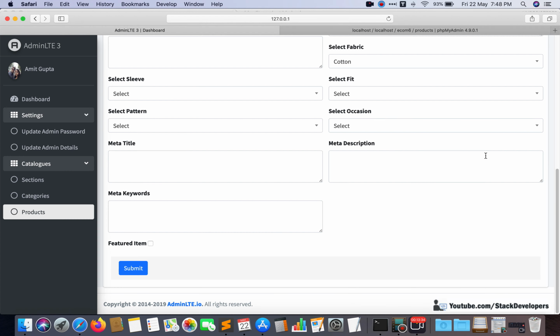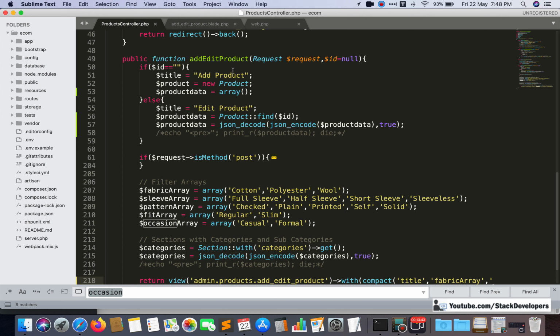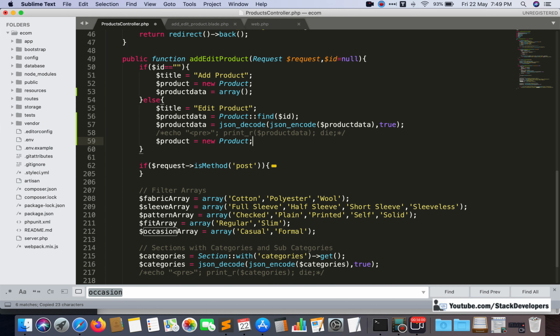Okay, no issue. And now all is done, and now see I am going to update, and before updating I want to update here as well in the products controller function. See, add edit product function, sorry, I want to update here. So here you can see add product, and here it is edit product, and for edit product I want the same product line like this one, and I am going to paste it here. And in place of this one, because we don't want a new product here but we want to modify our product, the same syntax will help us, product find $id here.